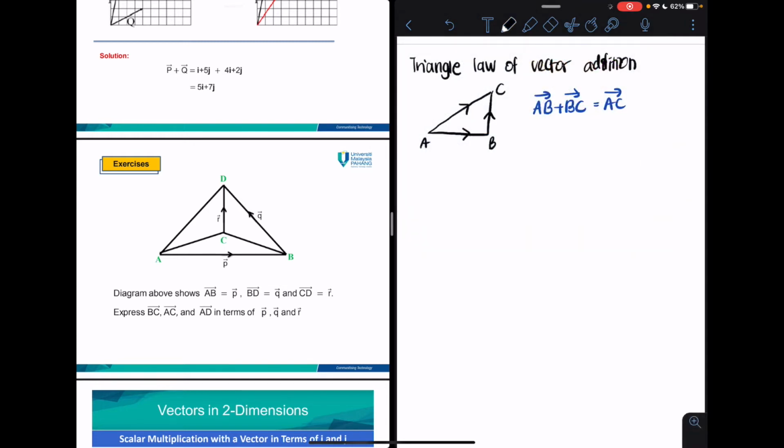Basically you have been given the information that vector AP is equal to vector P, vector BD is equal to vector Q, and vector CD is equal to vector R. By using all this information, the question asks you to express or determine vector BC, vector AC, and vector AD in terms of vectors P, Q, and R. So let me sketch the diagram once again. So imagine you have this diagram,